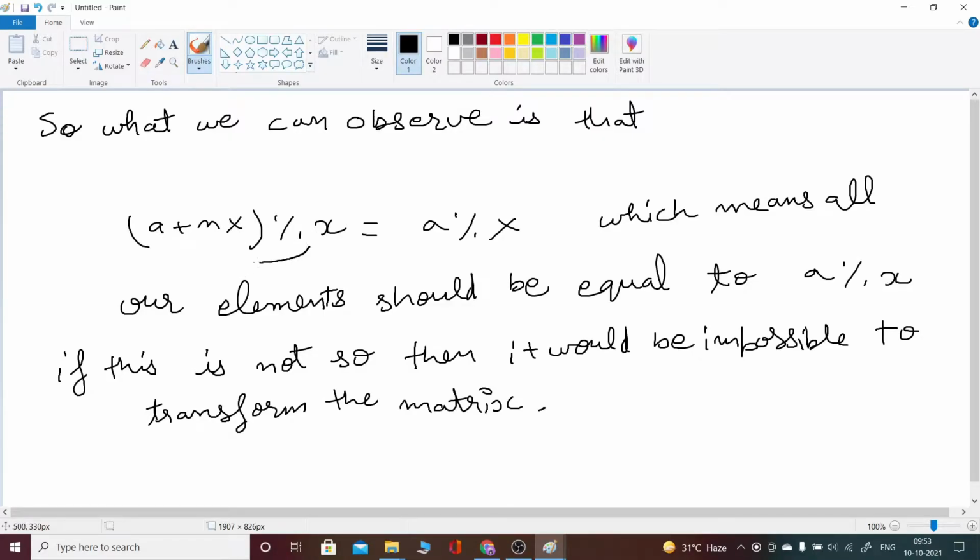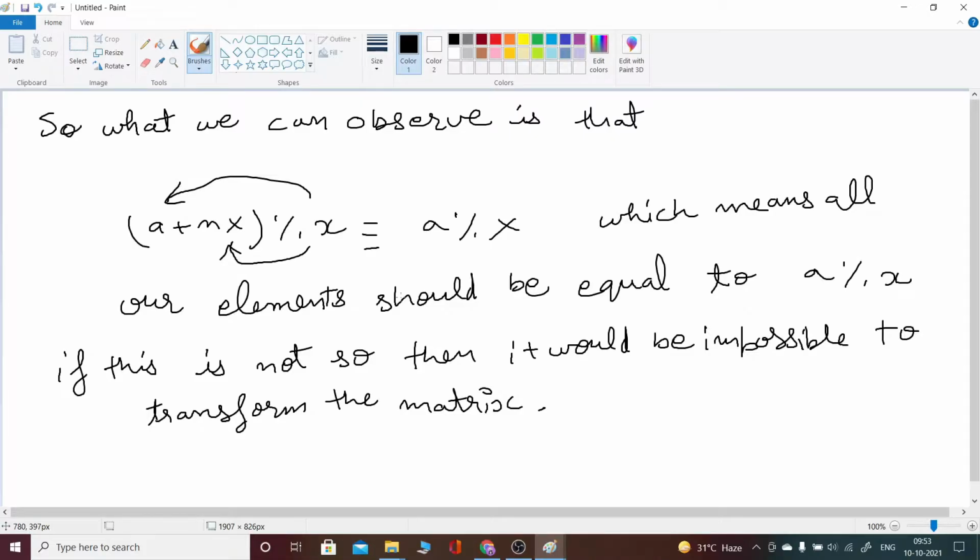So this is equivalent to a percent x. Which means all our elements should be equal to a percent x, because a plus nx is what all the elements are at the end.